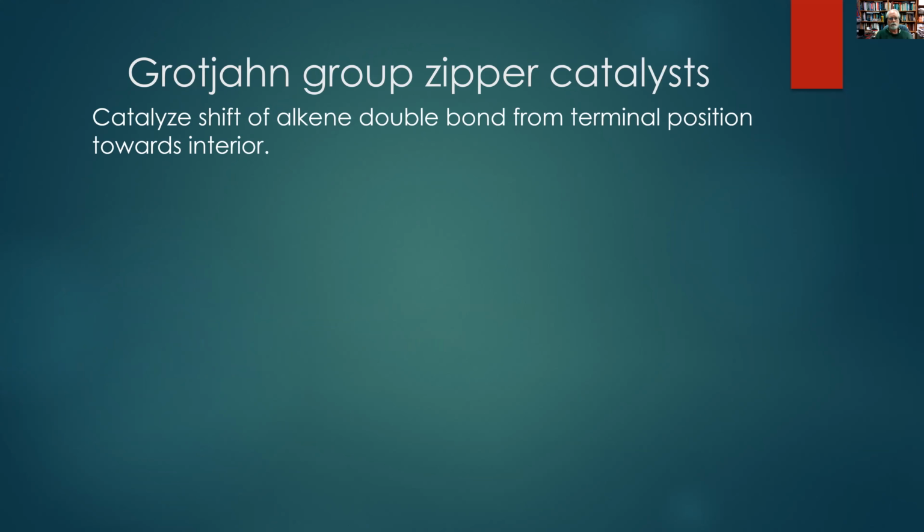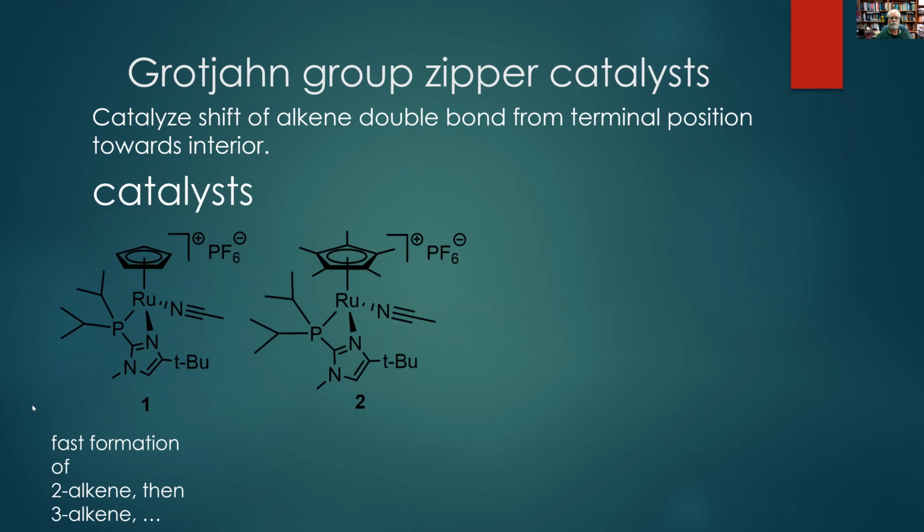I'm going to focus on the work that we've done in collaboration with him on what he's called his zipper catalyst. This is a molecule that helps an alkene, so a carbon chain with a double bond, move that double bond from one site to another in the molecule. And it's following the thermodynamics, which tell us that if the double bond is at the end, you can actually make